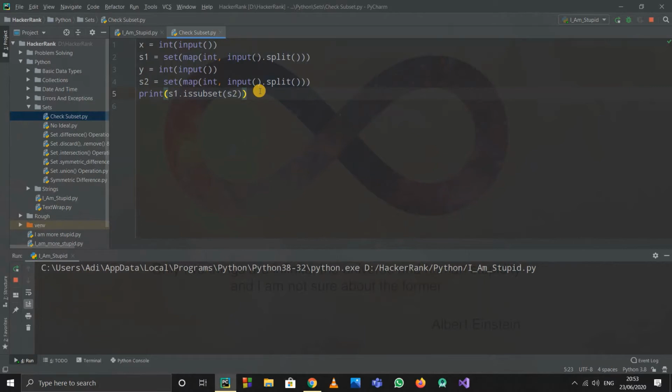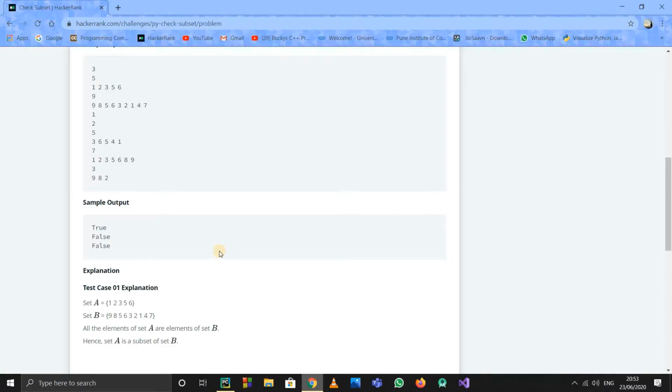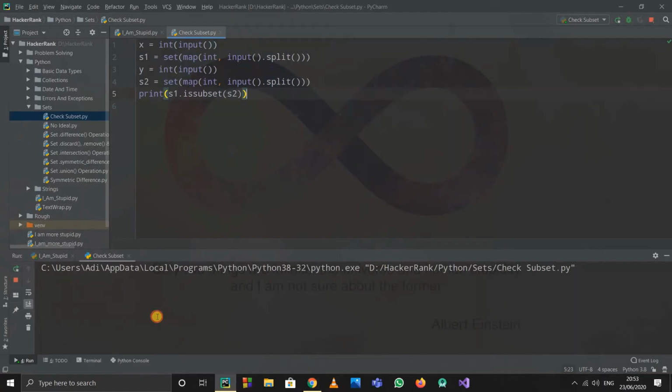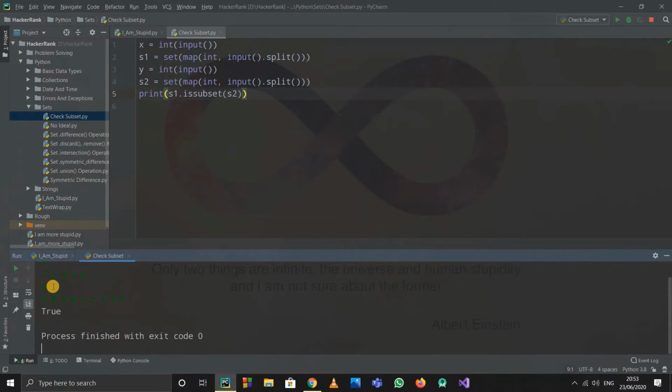That's all. And we can check it for one of the test cases. But I'm going to show you one more way, that's why I'm just checking one test case. Okay, I just copied it. Yeah, true, so it is right. See, 1, 2, 3, 5, 6 are there in it. So this is one of the ways. But actually, we'll go to the logic now.